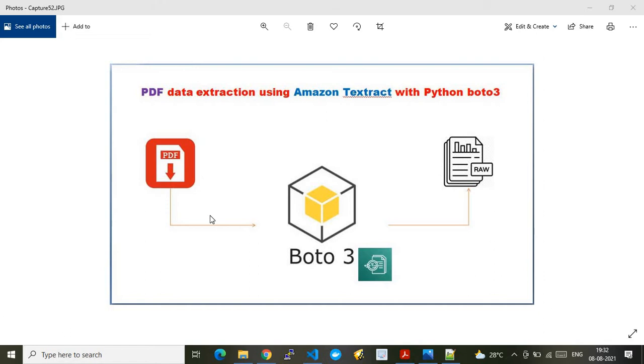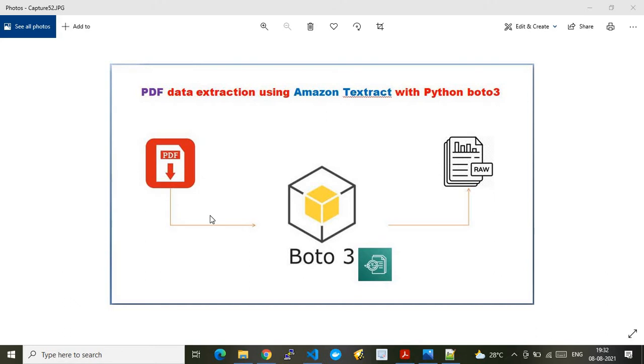So here, the focus is a use case. Let's say you have a document in the format of PDF and it contains multiple pages. In that case, how can you extract the data present in that file automatically or programmatically and put that data somewhere else? And from that you can apply whatever business logic you want on the data. So in this case, this video or this demo comes in handy.